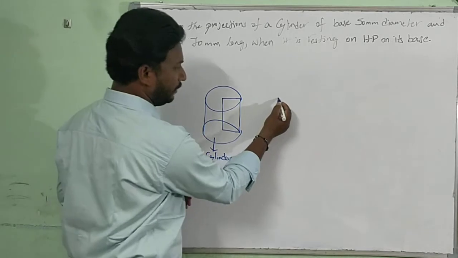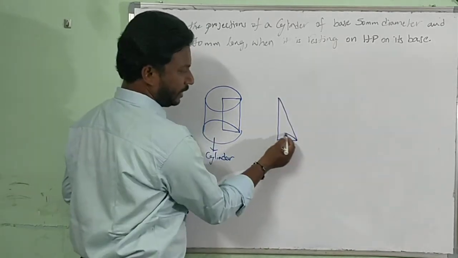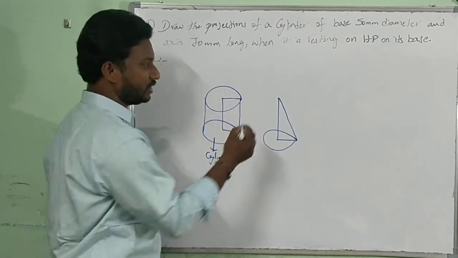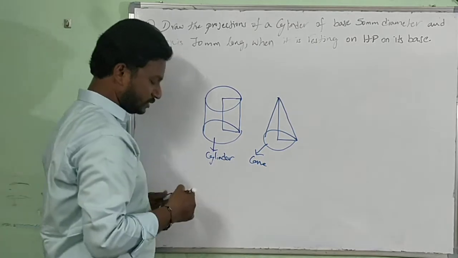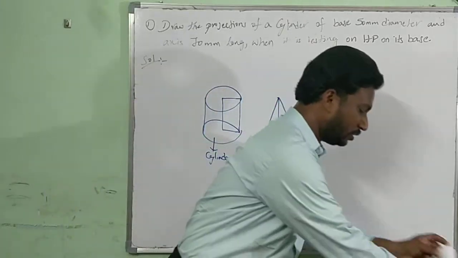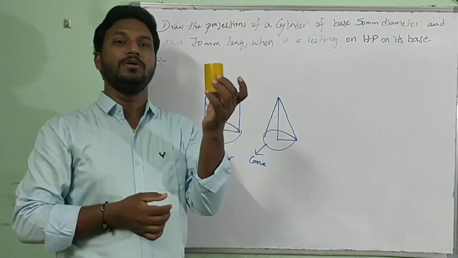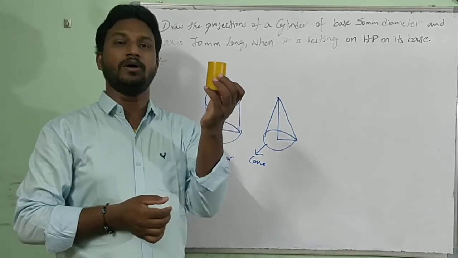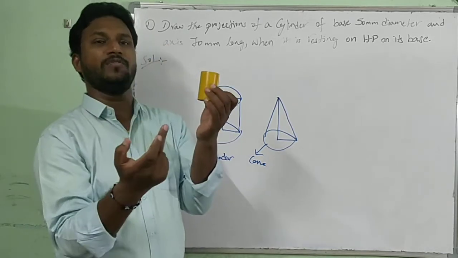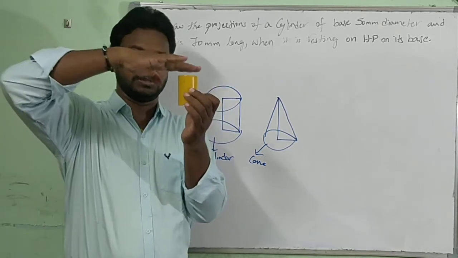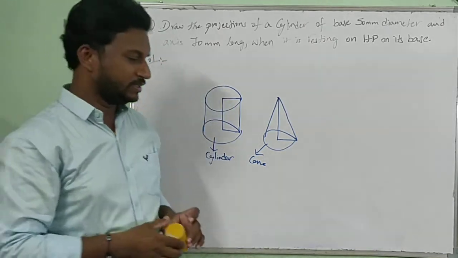Already we have discussed solids of revolution. Take a right angle triangle and rotate it for 360 degrees, one revolution. Then the solid of revolution so formed is called a cone. This is also a cylinder. A cylinder is a kind of object formed by the revolution of a rectangular plane, rotating it for one revolution, having two bases, top and bottom, in the form of circular shape.